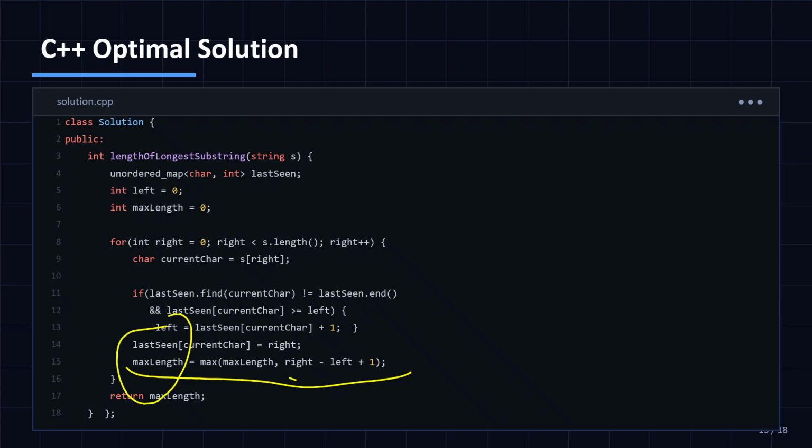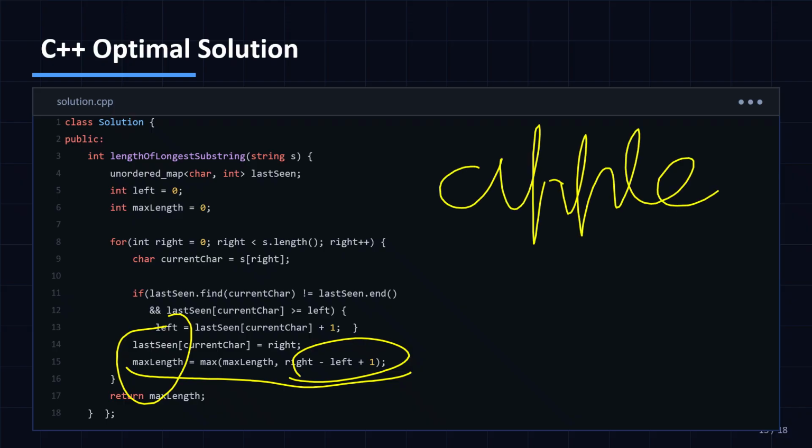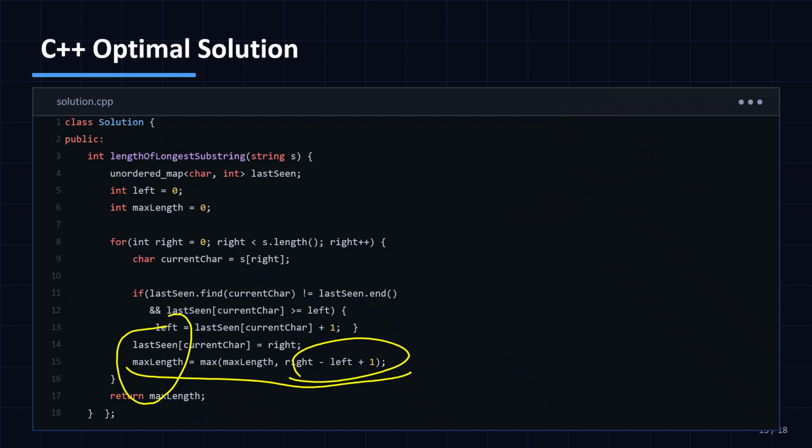दिस इज़ वेरी इंपॉर्टेंट, राइट माइनस लेफ्ट प्लस 1 याद रखना। क्यों, क्योंकि अगर आप देख रहे हैं तो जब मैं मान लो एप्पल की बात ही कर रही थी तो एप्पल की ही बात में हम पहले ए पी पे जा रहे हैं, उसके बाद फिर जब हम इस वाले पी पर आ रहे हैं तब हमें रियलाइज़ हो रहा है कि हमारा जो विंडो है उसमें डुप्लीकेट आ रहा है, राइट। तो हम फिर आगे जा रहे हैं। सो राइट माइनस लेफ्ट प्लस 1 इसीलिए आया है, ठीक है। आई होप यू आर अंडरस्टैंडिंग। अगर कोई भी डाउट है यू कैन पुट दैट इन कमेंट सेक्शन, आई विल आंसर दैट, ओके। नाउ वी रिटर्न द मैक्स लेंथ।